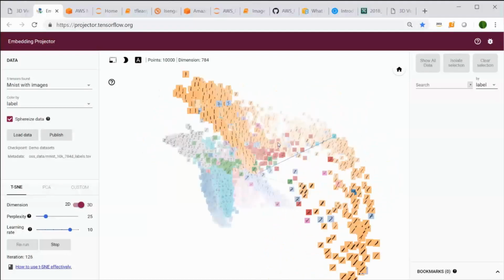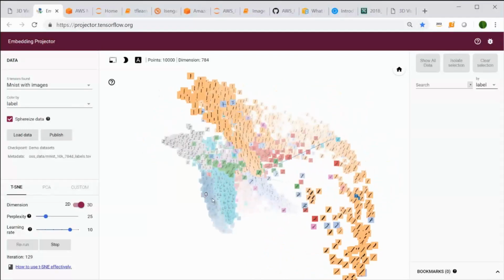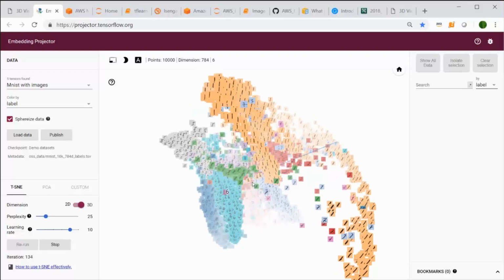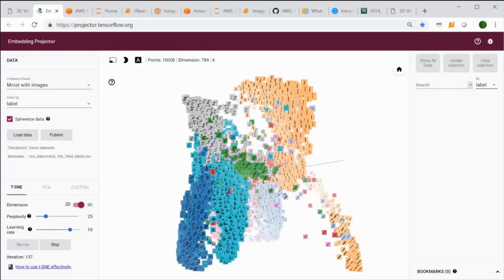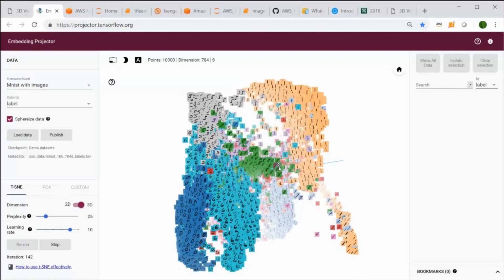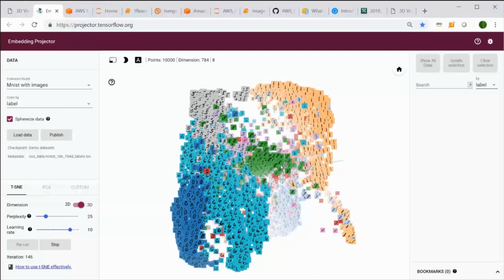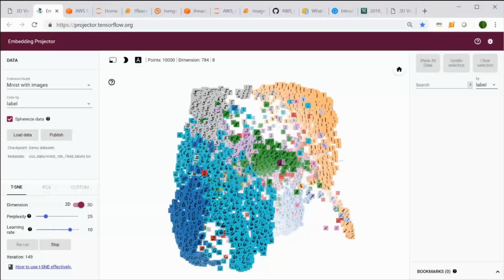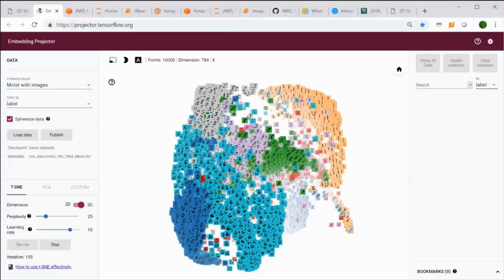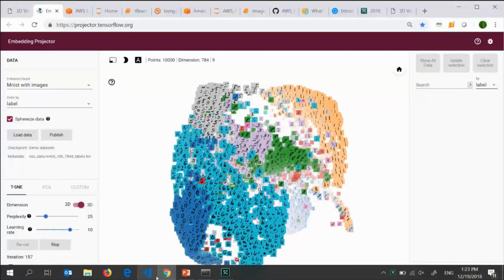Just by looking at three of the 784 dimensions, I can see these images already being grouped together. Of course, if you add more dimensions to your system, the accuracy would be a lot better. But by looking at only three of them, you're still able to do quite a bit. Okay, let's move on to the next slide.